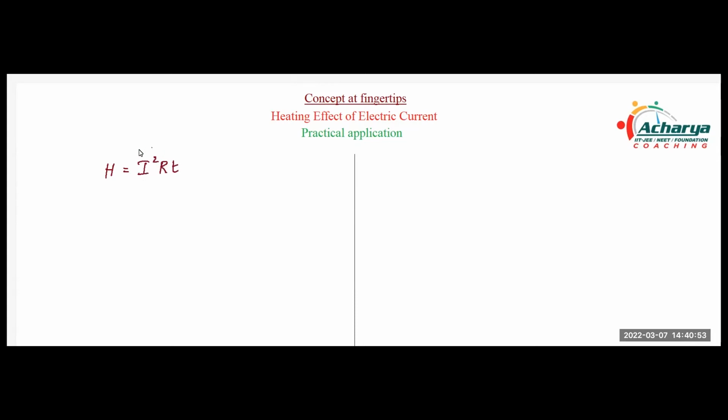So it is directly proportional to the square of the current, directly proportional to the resistance, and directly proportional to the time for which the current is flowing through the resistance. This is Joule's law of heating. It has a lot of practical applications, and some of the applications where we use it are